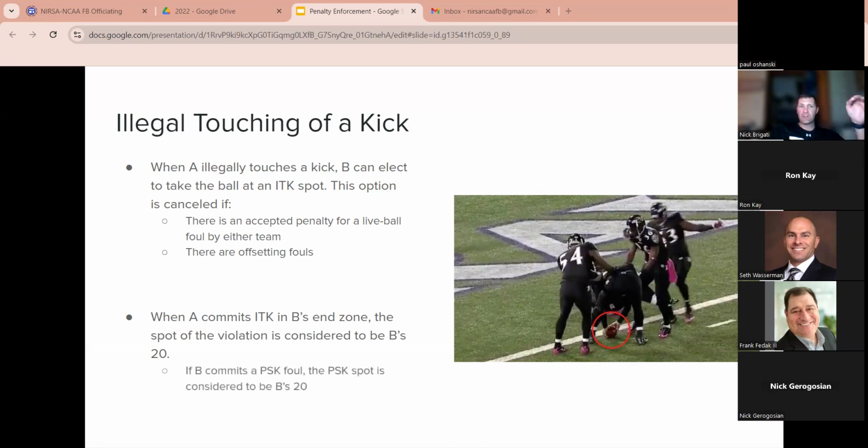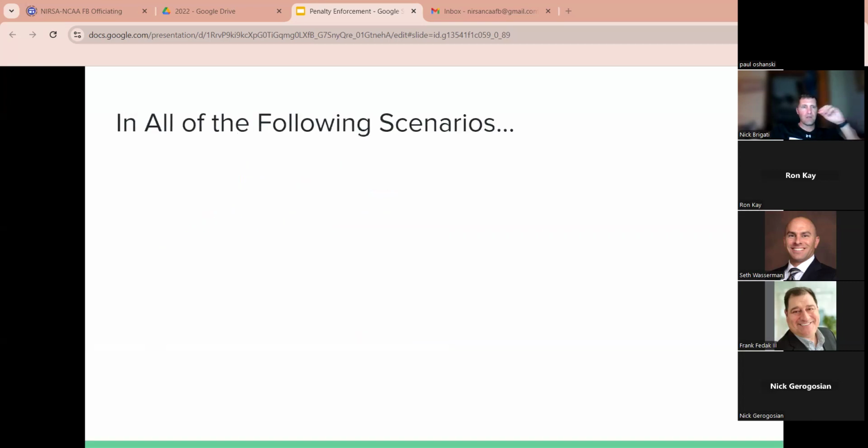If B commits a post-scrimmage kick foul in that case, the post-scrimmage kick spot in that specific circumstance is also B's 20, which is different than how we would treat PSK and illegal touching in most of the other cases in the game. So